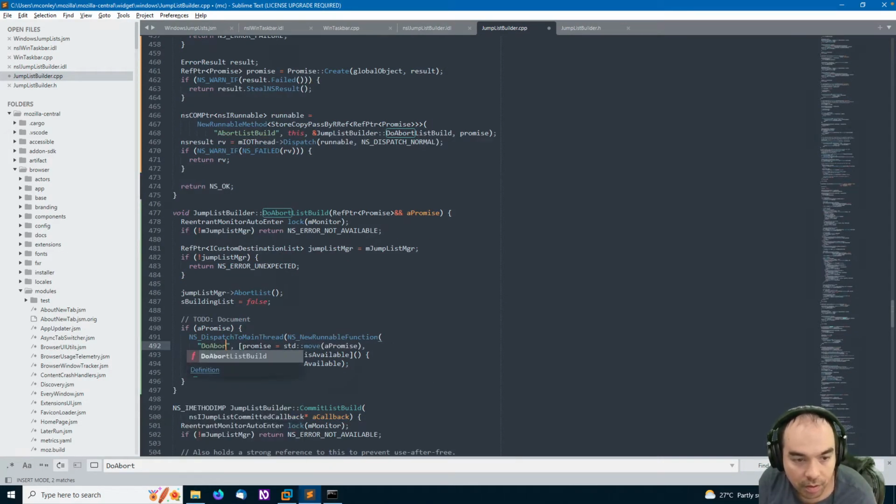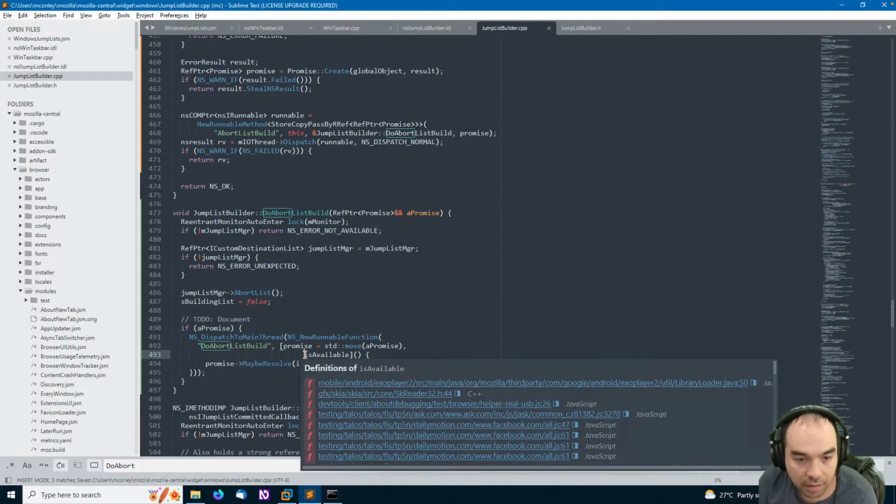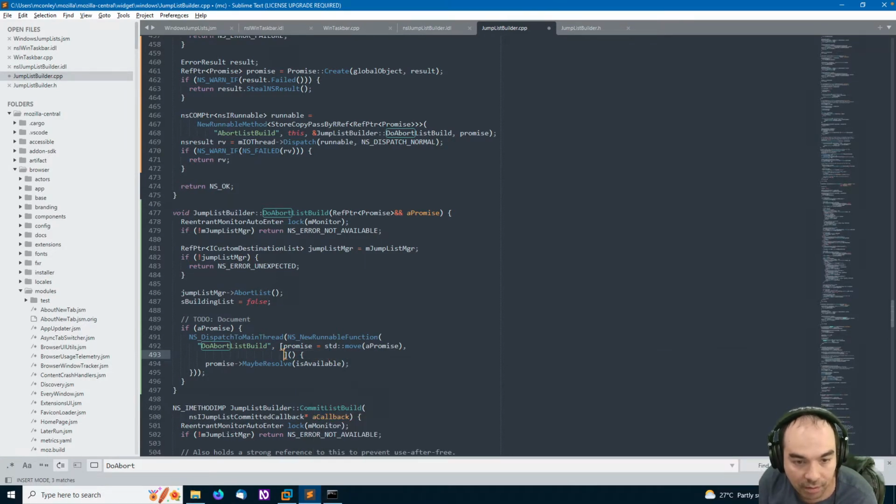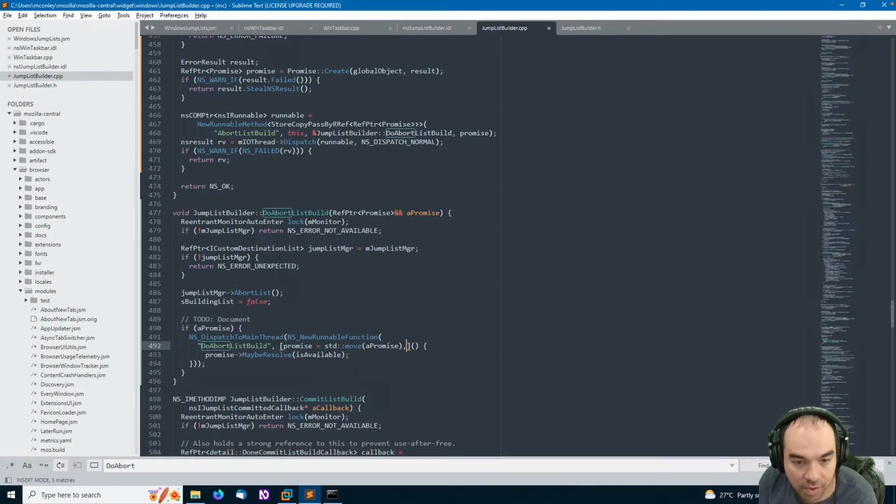Do abort list build. And we're gonna just resolve without anything. No argument. There's no value coming out of it. It's just that we're resolving it.